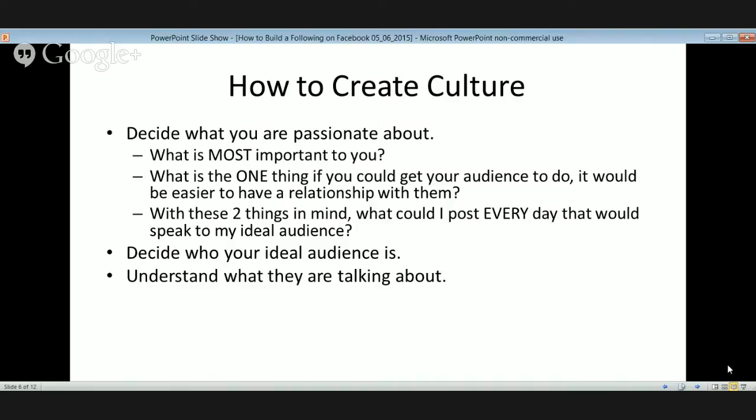When we're on Facebook, we are fighting the feed, right? When we post something, we're fighting for someone's attention, for them to stop and look at our post. So if you can actually create such incredible content that makes your audience want to come to your page and interact because of the value that you give them and for the type of community and culture that you've created, it's going to do phenomenal things for your business. This is attraction marketing at its very best. So once you understand what they're talking about, that's what you want to talk about. Talk about it. And be real and be authentic and be you.